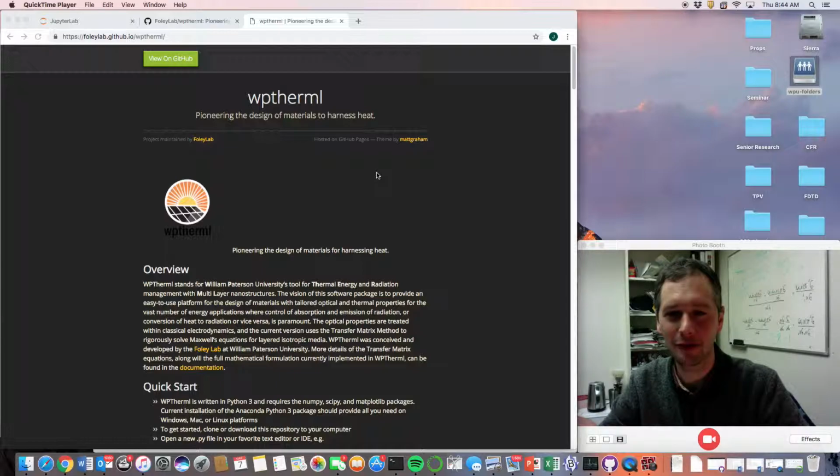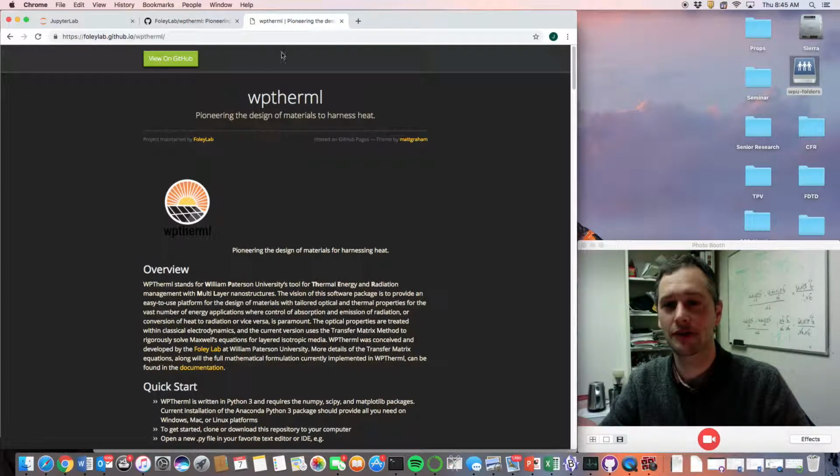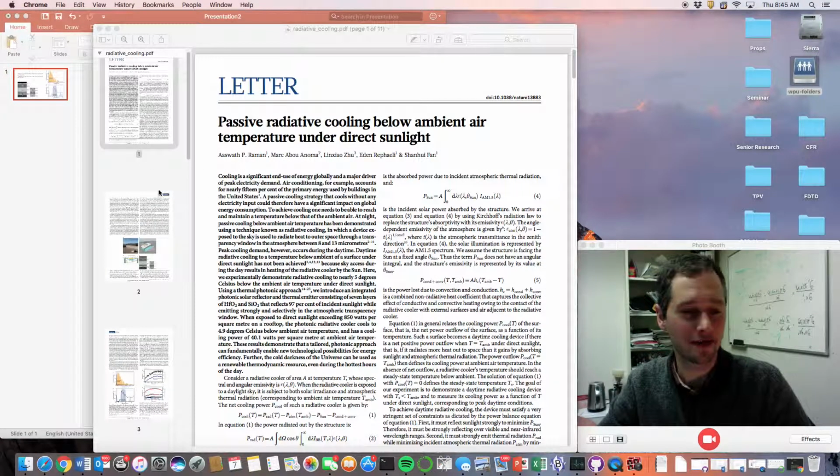I want to tell you a little bit about our software package that we just released called WPTherml, which is meant to be an easy-to-use computational design engine for materials for harnessing heat. It's written in Python. You can download it from our GitHub page or clone it. There's also a nice little website describing the package. And what I want to do today is just give you a quick demo, hopefully in 5 minutes or less,